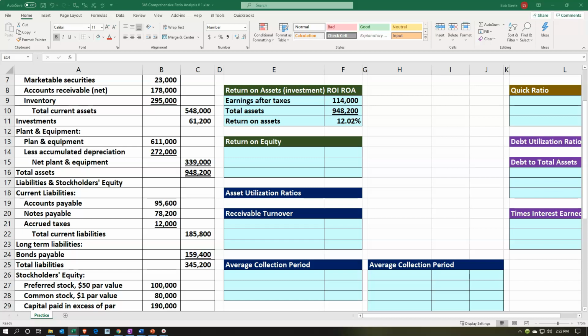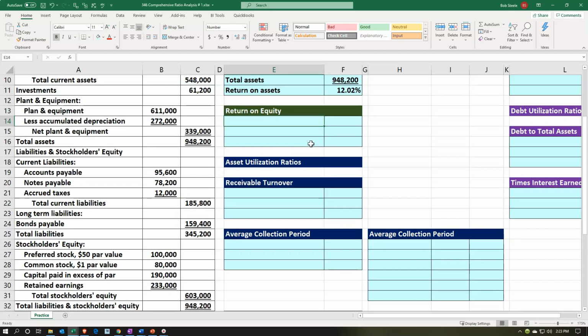What we have the assets in order to generate revenue. This is net income, bottom line of the income statement, net income. So is that good? Depends on past performance and on industry standards. Let's take a look at the return on equity now. Return on equity is calculated as net income, or we're going to take that earnings after taxes again, which is